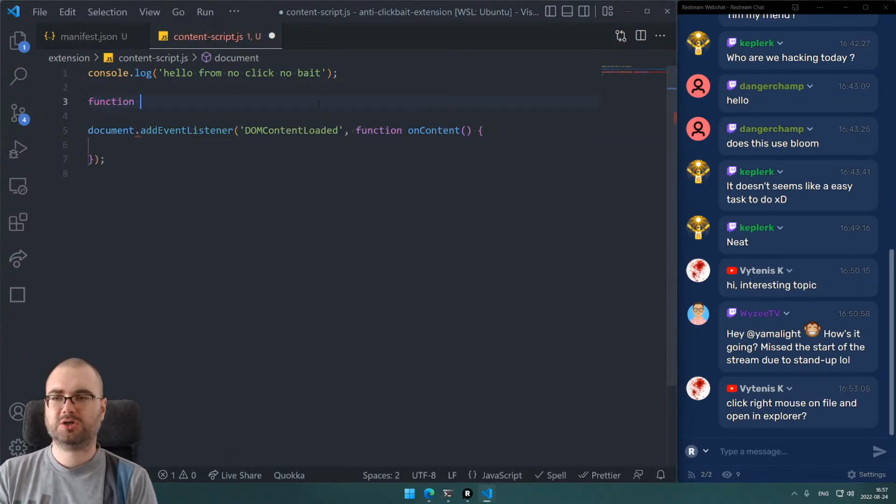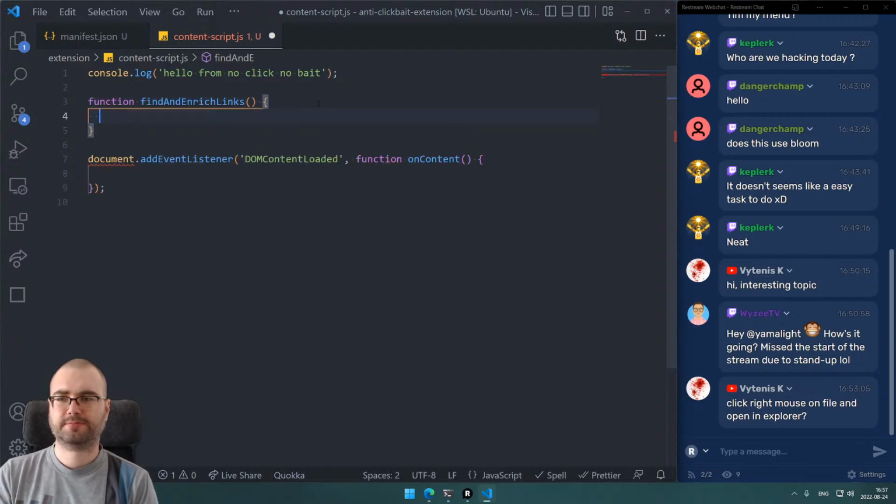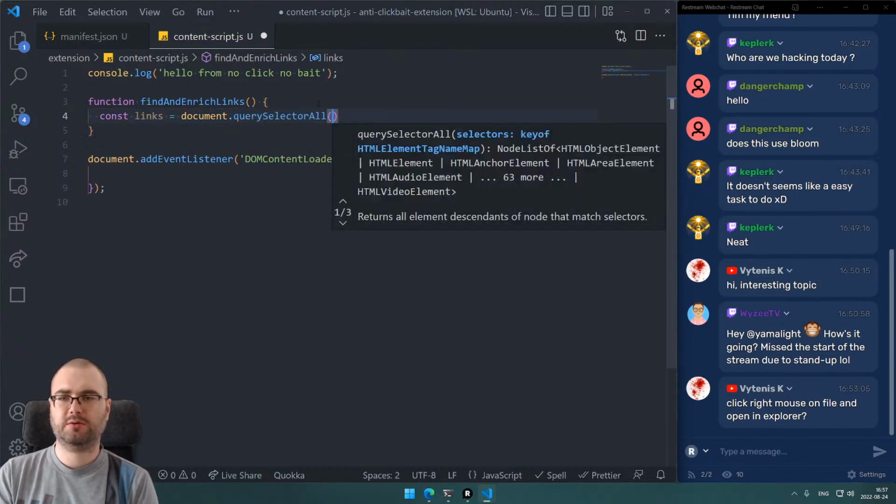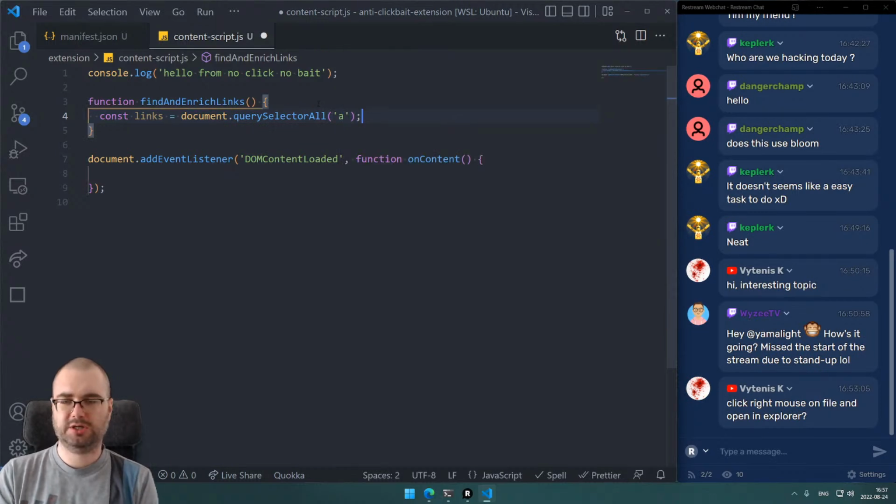So we're going to have function findAndEnrichLinks. So const links equals document.querySelectorAll. So we literally just take all the links. Well, yeah, we do take all of them, but we're basically only interested in the external ones,